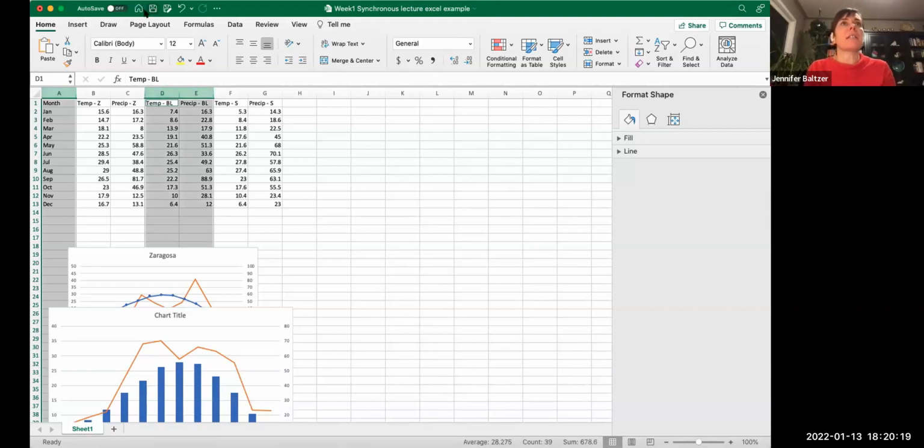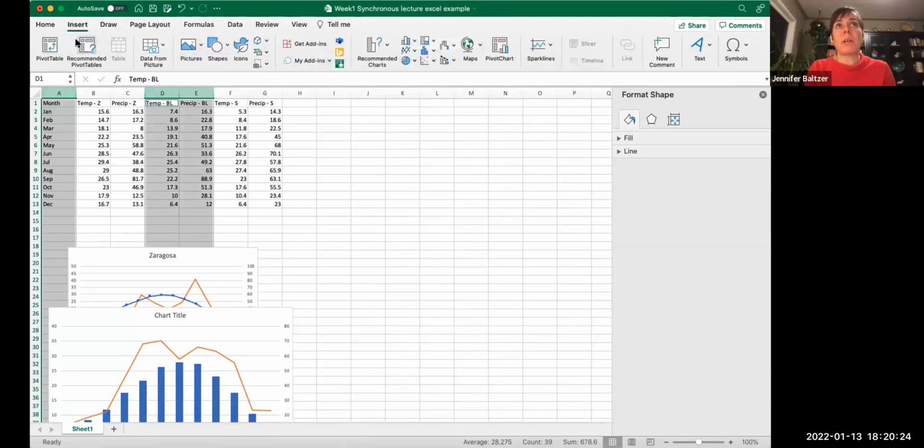Okay, and then we go back up to our insert menu, and we get our graphs again. So the place you find your graphs in Excel is under insert. And we go back over here to this cute little diagram. That's our combo. I wonder if someone who has a PC, once I'm done, could just show the same thing on their PC in case there's any differences between the Mac Excel interface and the PC interface, just for those folks who are unfamiliar but maybe are using a PC.